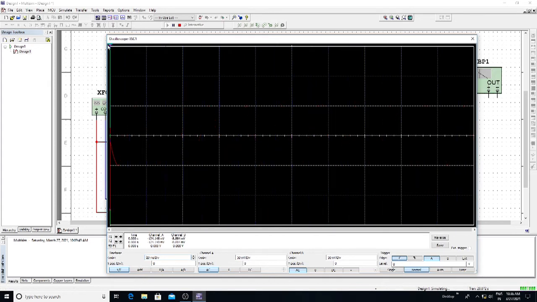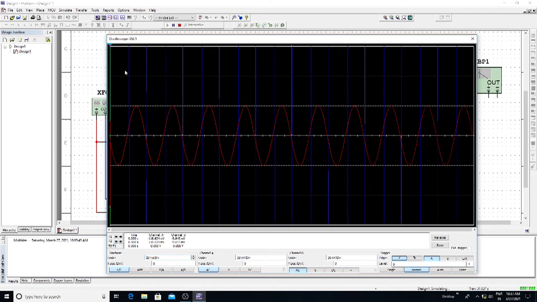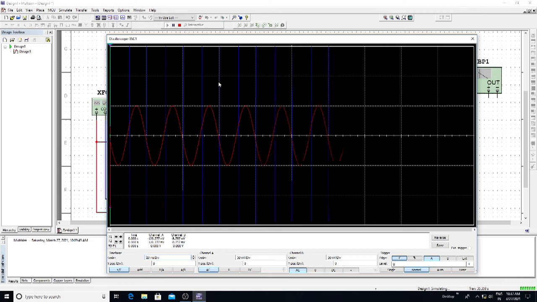Here we can say the amplitude is increased for channel A, which is the output. A high amplitude indicates that there is an increase in the signal, and a low amplitude indicates that the input signal is very low.